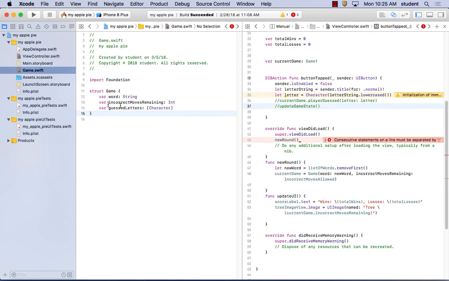I guess, the letters that they have guessed. If I spell the mutating properly. Function player guessed letter, oops, and then character,